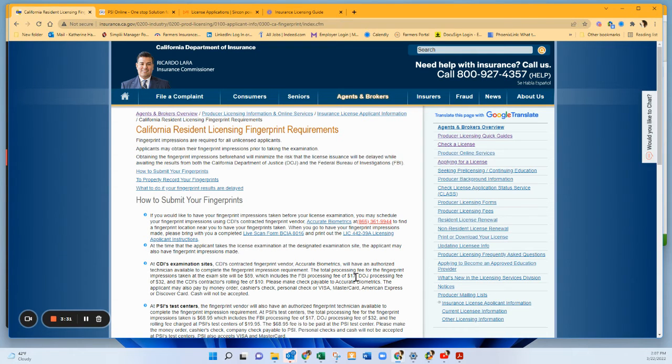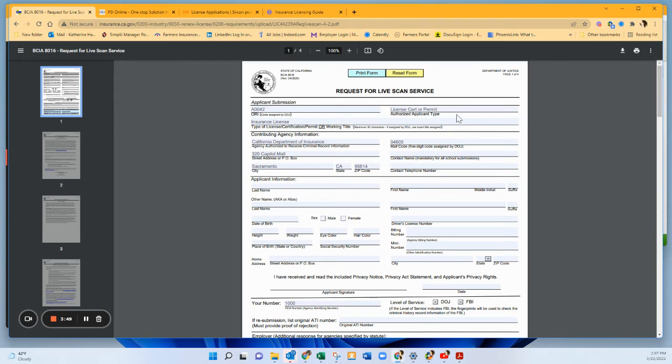But I love these links down here: the live scan form and the licensing application instructions. I'm going to click on that. It'll actually give you a form that you can pre-fill and print out, so when you walk in to get your fingerprints, you are ready to go. You can print the form, reset it, or download and handwrite it, whatever your preference is. So I'm going to go back